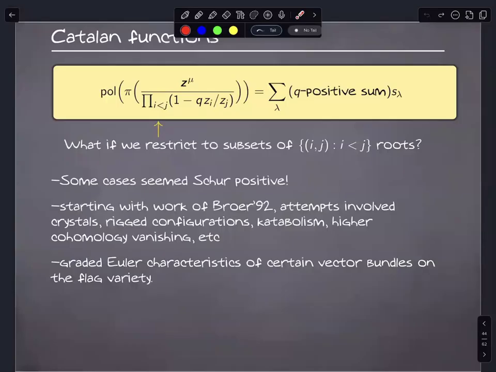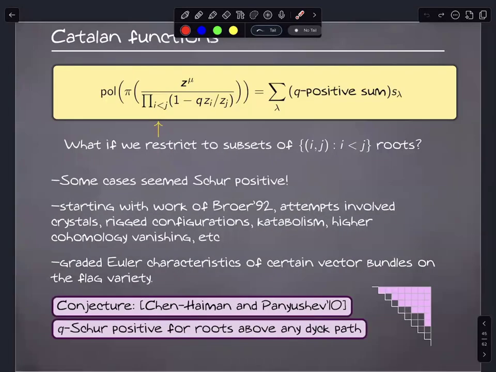And then lots of people sort of jumped in on that and they looked at different cases and they were seeing all the Schur positivity and it was really hard to prove. It was very, very hard to prove anything, even though people were attacking it from lots of different ways, geometry, algebra, whatever. Okay, so on and on they're trying. And then around 2010, I think simultaneously but separately, Chen, Haiman, and Panyushev came up with sort of the master conjecture, which was that